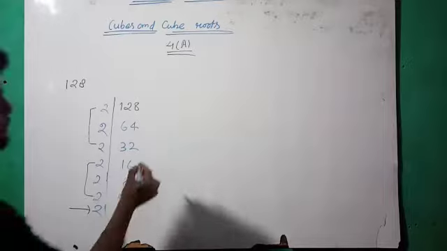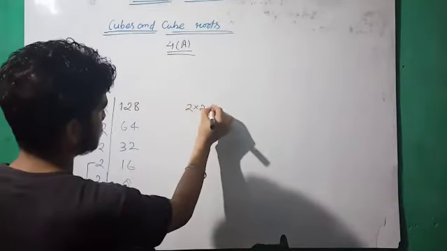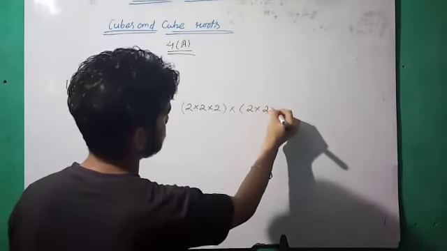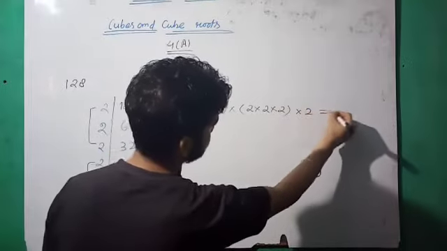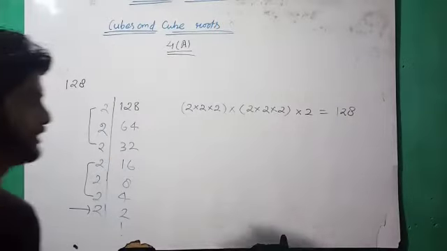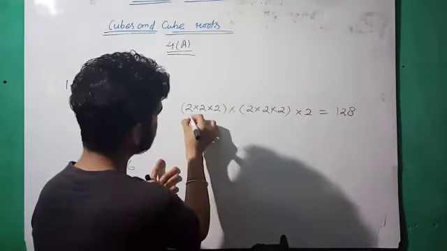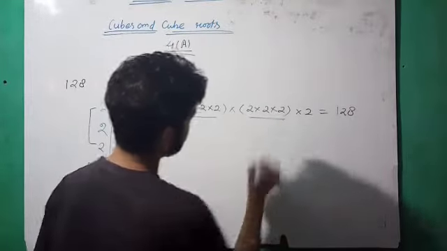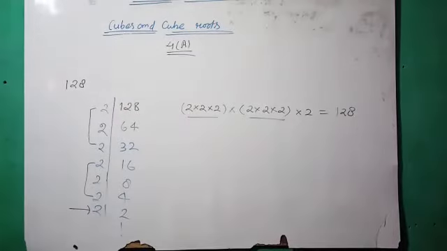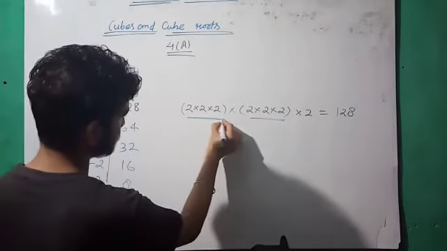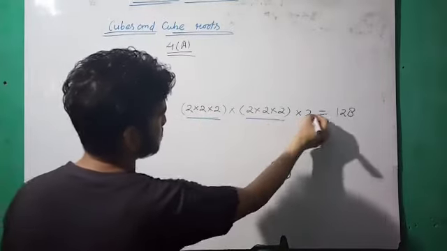So if we have perfect groups of digits in a number, then we can say that this is a perfect cube, otherwise not. This is the prime factorization of 128. Here 2, 2, 2, okay, 3, again a group of 3. So the numbers must come in groups of 3. Multiplication like this: 2 into 2 into 2, then 2 into 2, then this is the remaining.